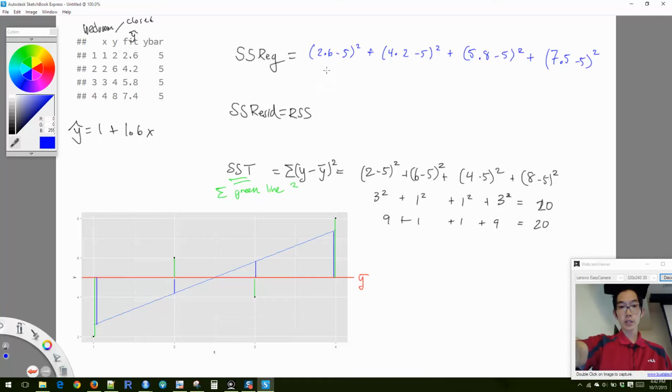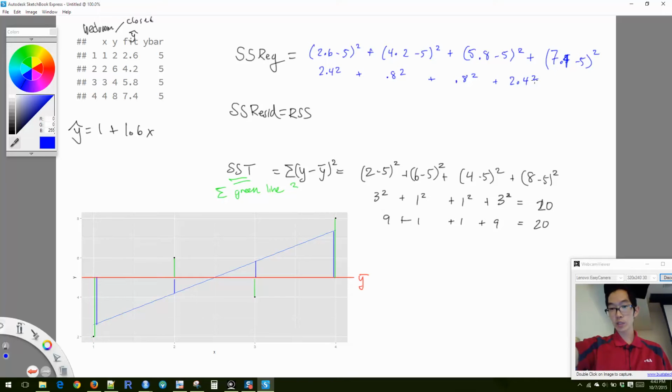Okay, and so I get, no, what is this? 2.6 minus 5 is 2.4 squared plus 0.8 squared plus 0.8 squared plus, oh, this is 7.4,